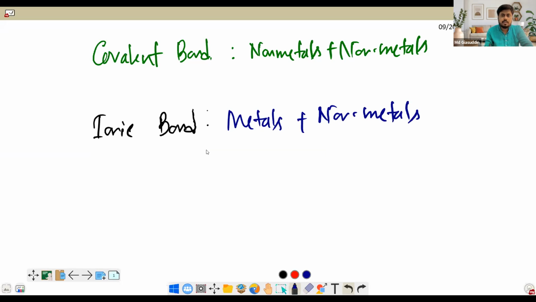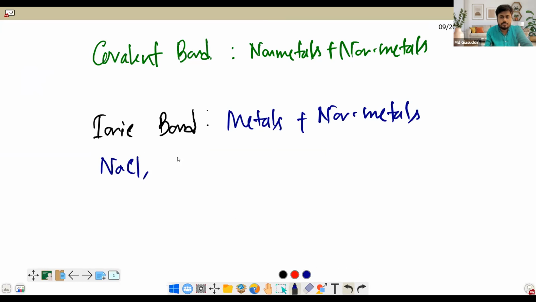Like we can see the example of H2O in case of covalent bond, is it not? Or CH4. In case of ionic bond, it is NaCl, yes, NaCl